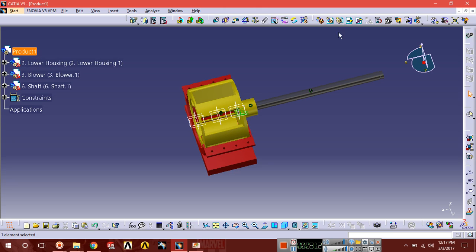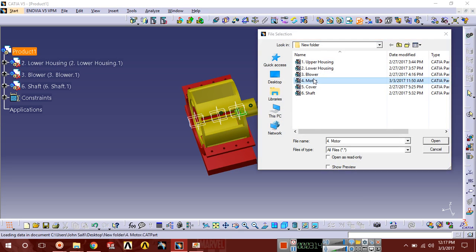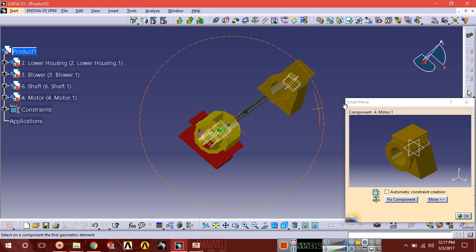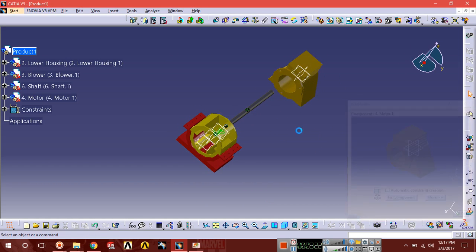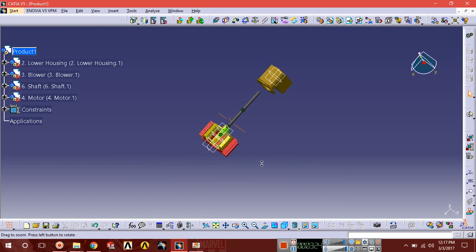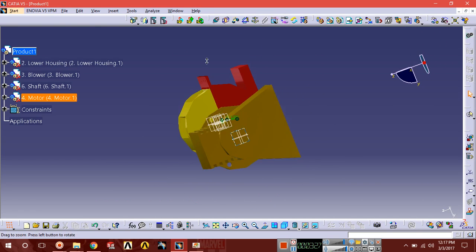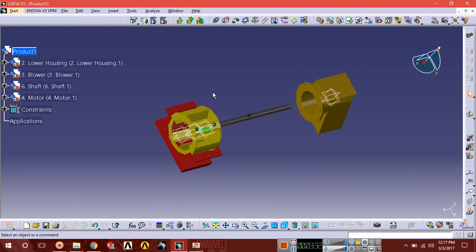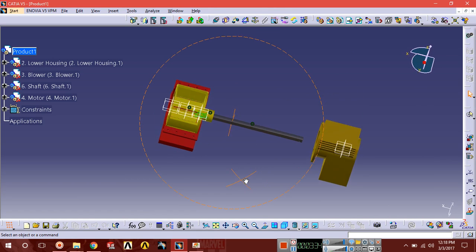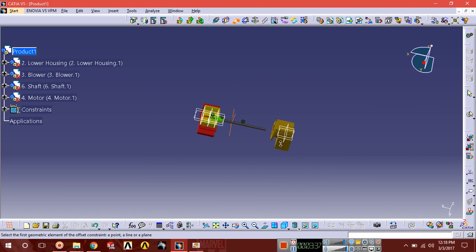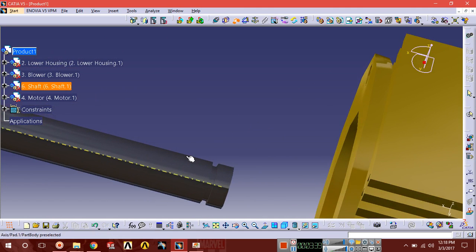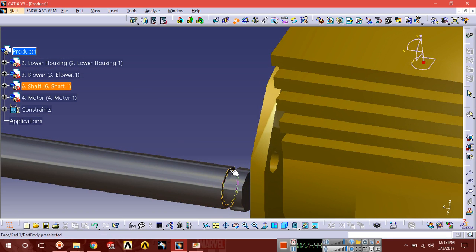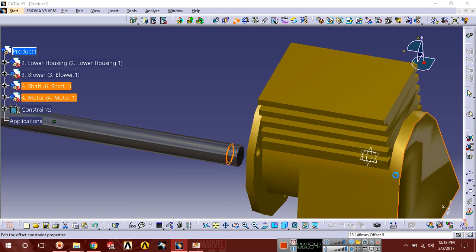Now insert another part called motor. Here you can see motor. Okay, now choose offset and select this surface and this surface.